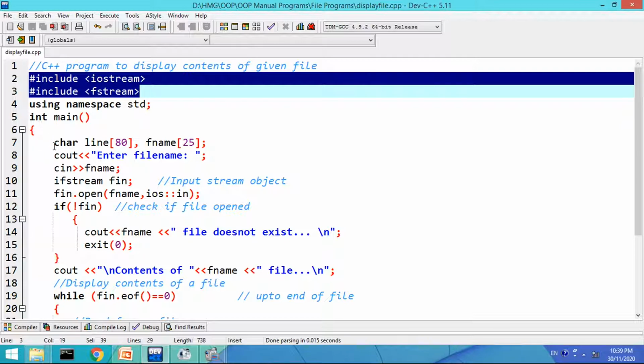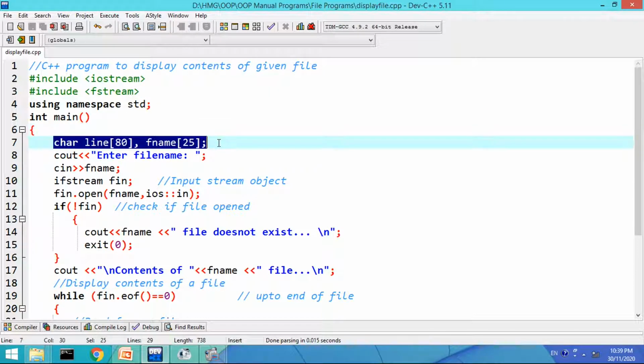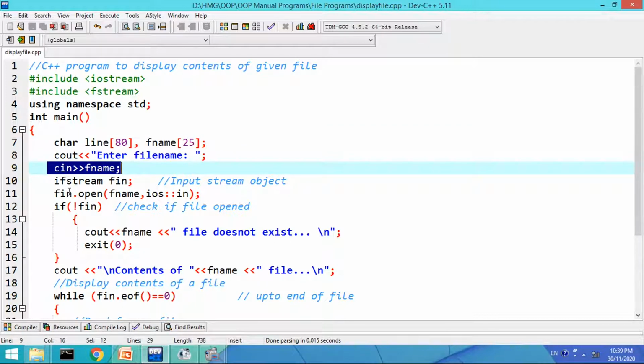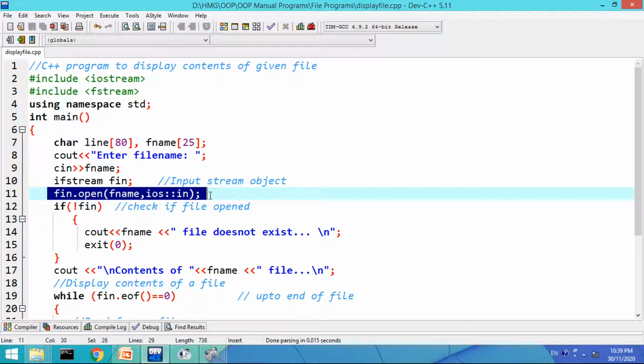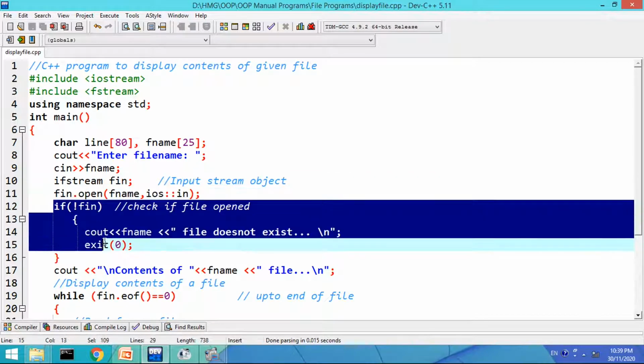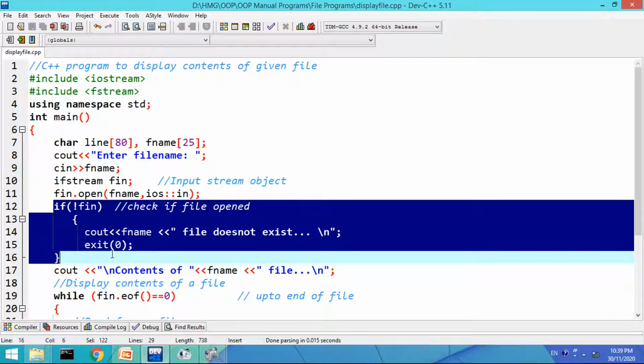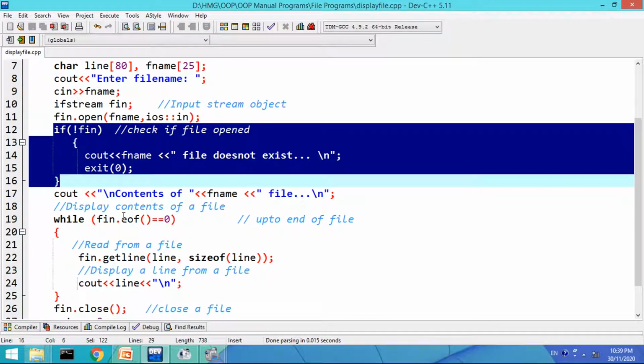Then in the main function, the declaration is the line for line accepting, then enter file name, the name is accepted, the stream object is created, then the file is opened in input mode, and the file is checked whether it exists or not. If it does not exist, the error message file does not exist is displayed.